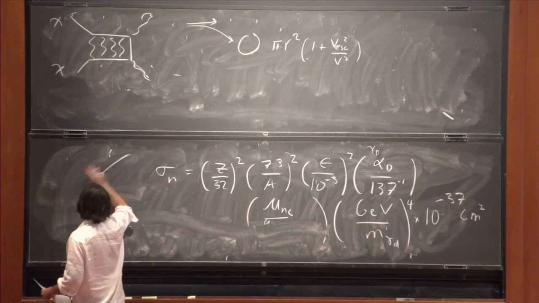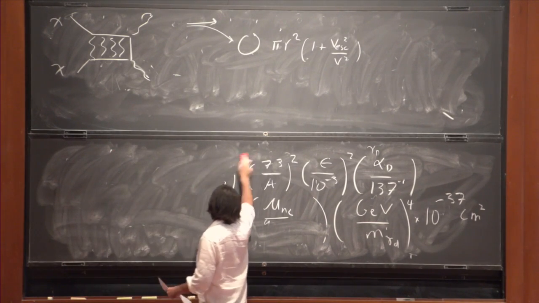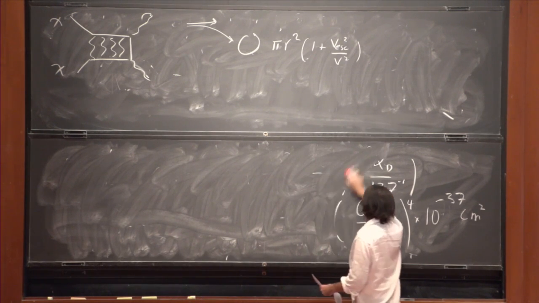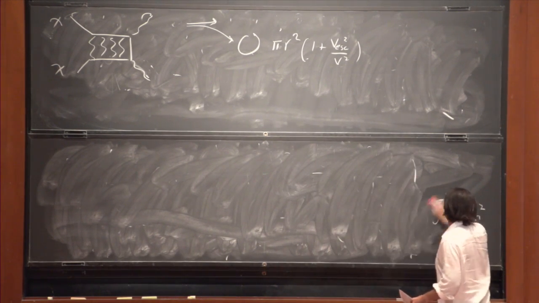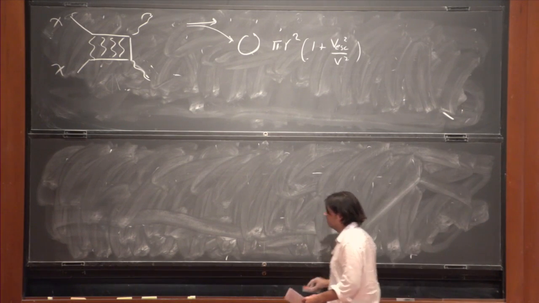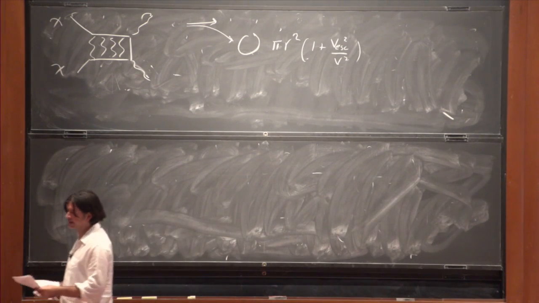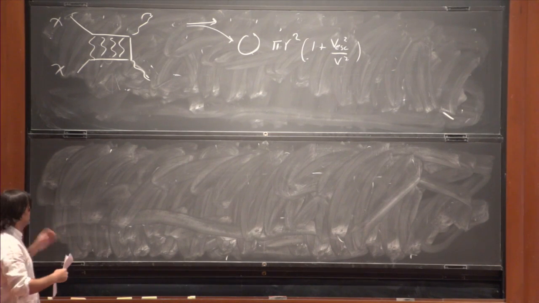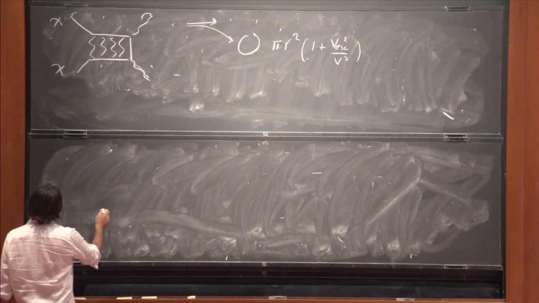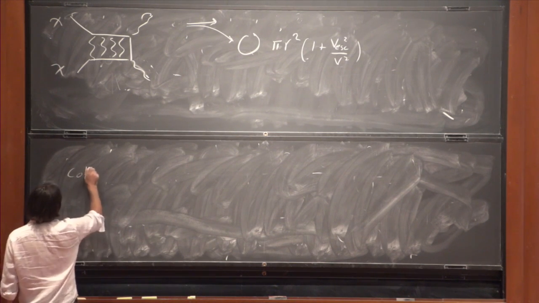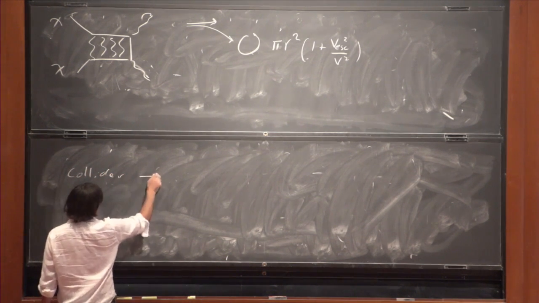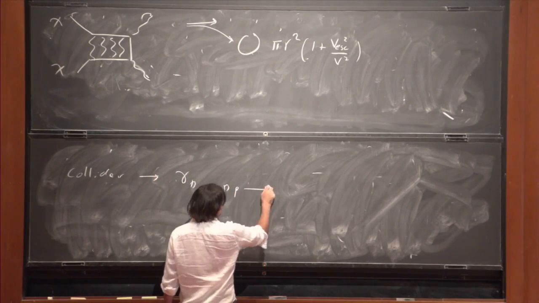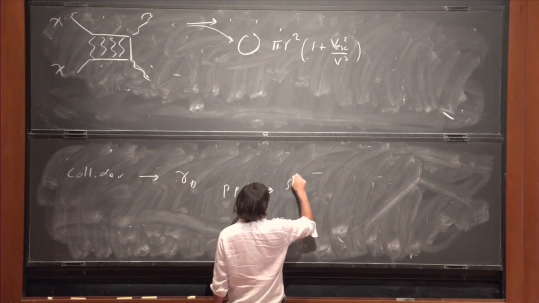The other interesting signature, which is sort of new for these types of models, is the fact that you now have this dark photon. And if it's sort of in the GeV mass range, you can look for it at a variety of experiments. Reuven's going to talk about all sorts of new experiments that are going on, so I'll just mention one thing, which is that if you have some process at a collider that produces the dark photon, so you have some process, PP, goes to something that then spits out a dark photon,